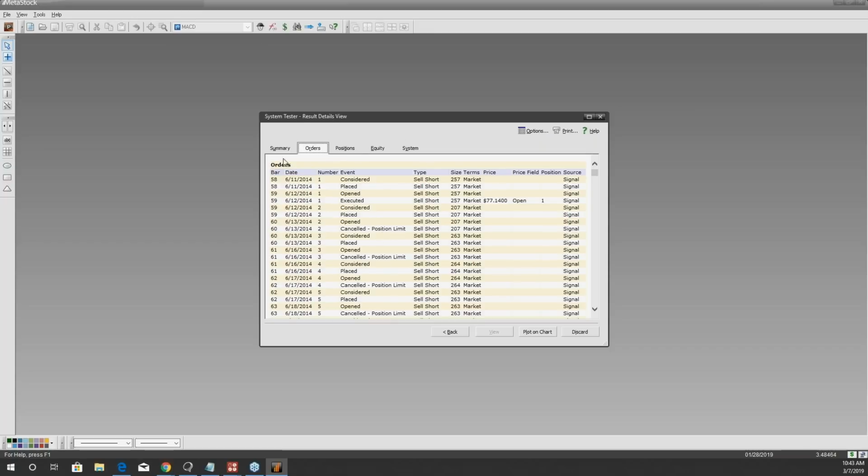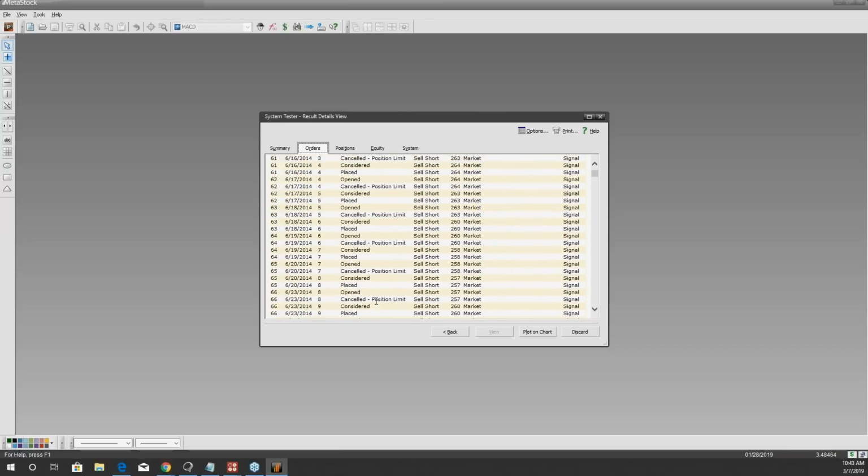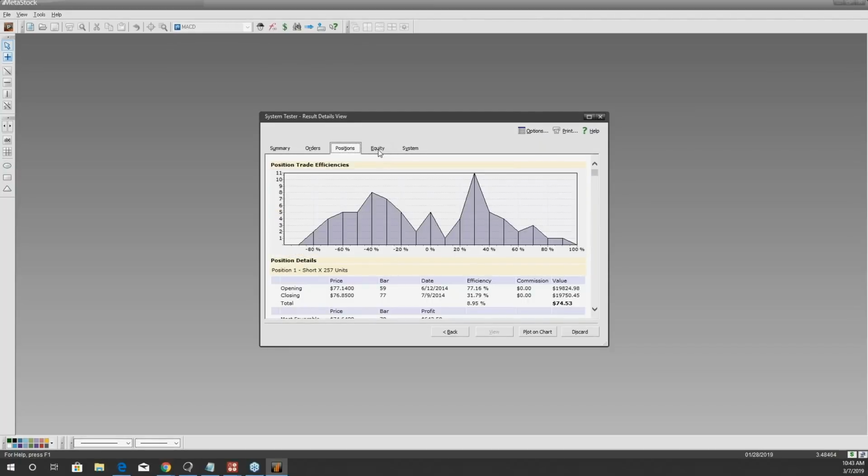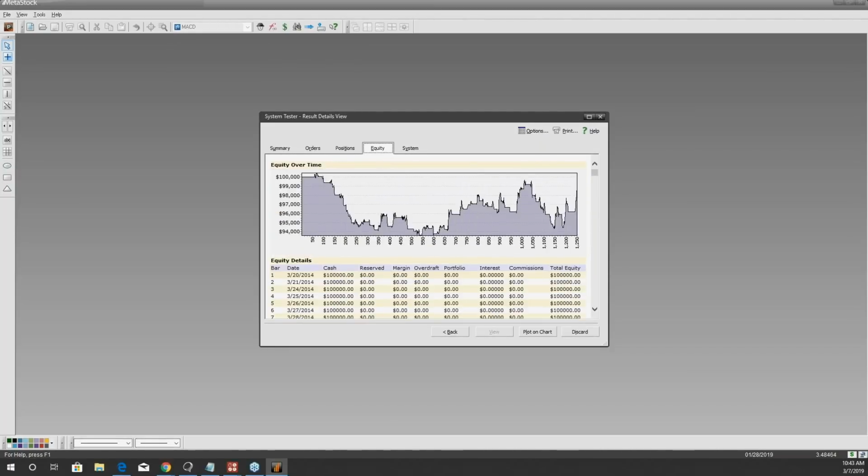But moving forward, these are our different tabs up here. You can look at orders, all the different orders you've placed and all the details about those, positions, equity. This is my favorite tab with the system tester. This equity line will show you what your portfolio looked like over the last 5 years, and it gives you a good idea of how that system looks when trading it. For an example, we started at that $100,000, as we said, and it looks like the MACD really didn't do well for the whole first year up until the 250, and then it finally started flattening out. You could see it got us into some good trades.